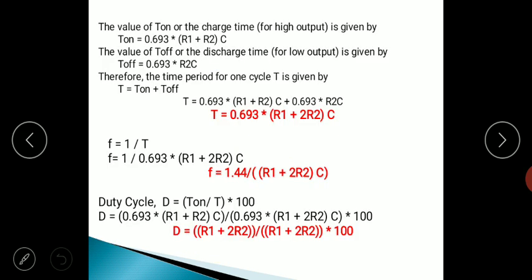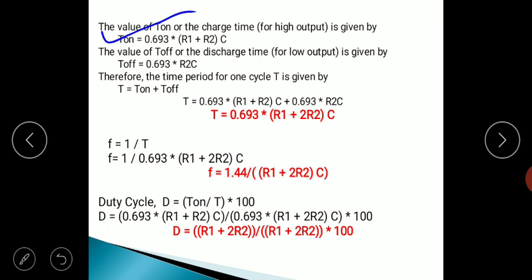Now quickly we'll see what is the charging time interval and discharging time interval, what is the total time period of the square wave generated at the astable multivibrator, and what are the frequency and the duty cycle. Since the capacitor charges through resistors R1 and R2, it can be shown that the on time is given by 0.693 into R1 plus R2 into C. It is charging through R1 and R2, so R1 plus R2 into C is called the time constant of the capacitor, R into C. So R1 plus R2 into C into 0.693 gives you the on time.